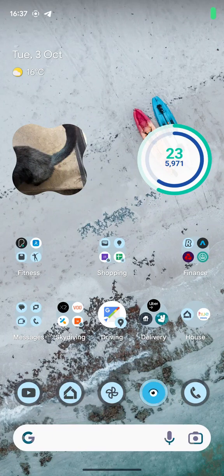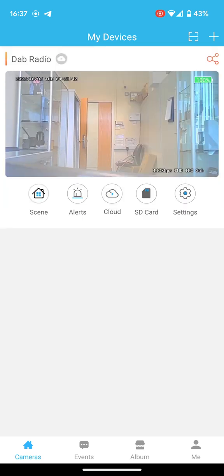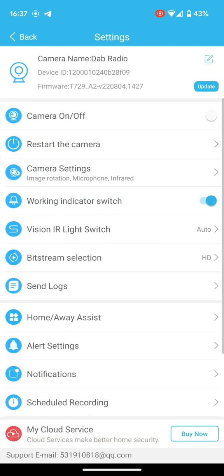You can set the camera to not only record when there's motion alerts detected, but you can also get it to record during the day all the time if you wish. So if you open up the camera and then go to settings, and if you go to schedule recording,